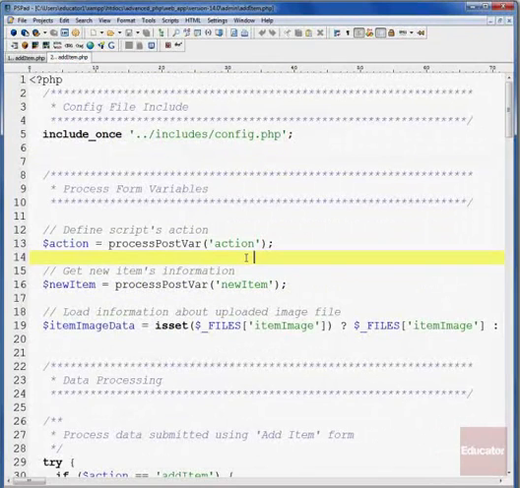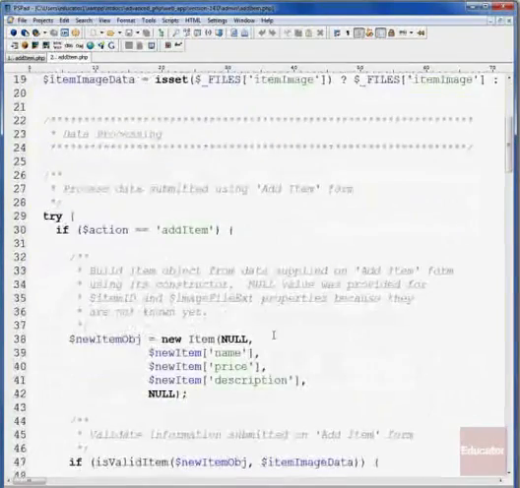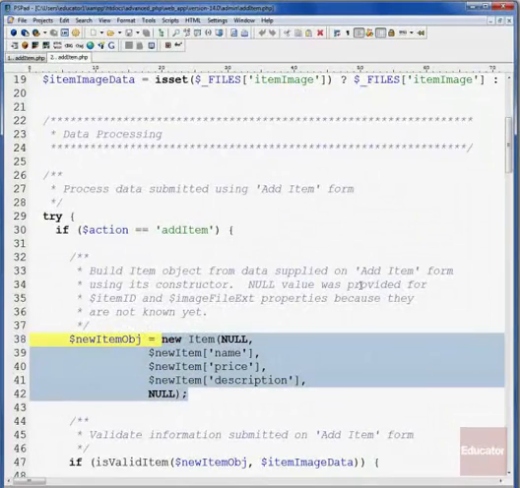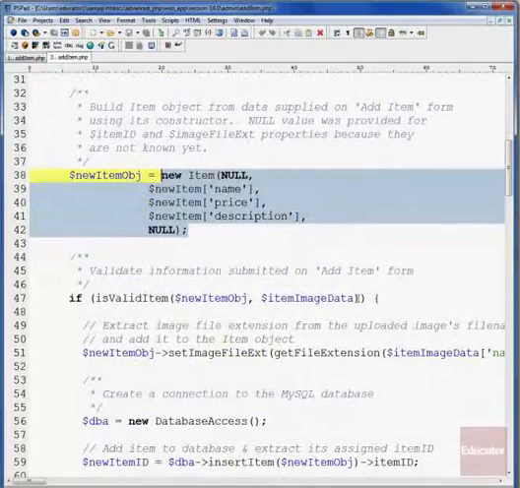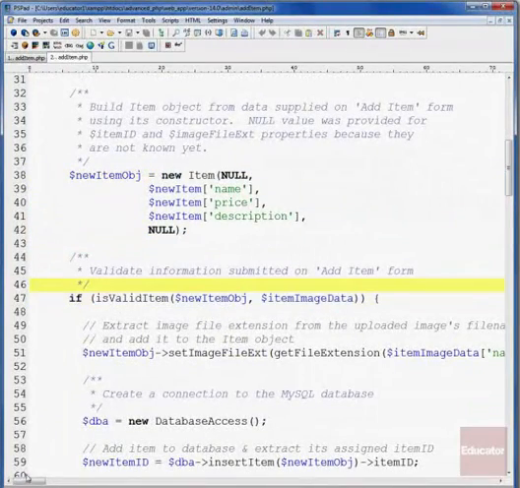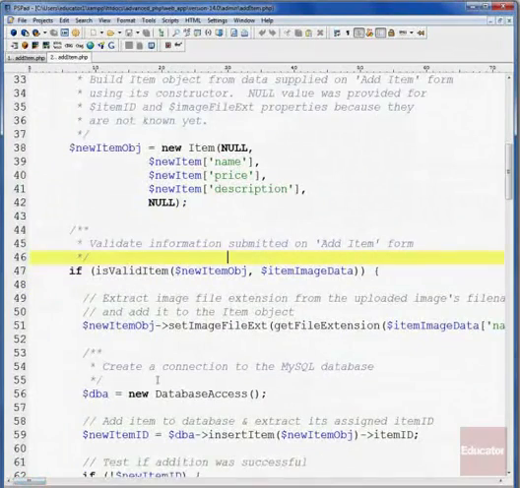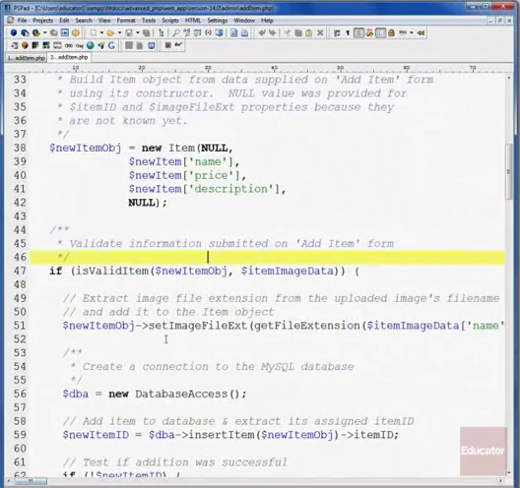addItem.php, we're not going to be making use of items.txt anymore. We're not going to be doing those file operations. So what we're actually going to do is we still create this item object. We build it up from information provided on the form. We validate the information provided just as before. One thing we do this time is, because we're going to be passing this item object to our database access class object method insert item that we just talked about, we want to have all the information populated except for